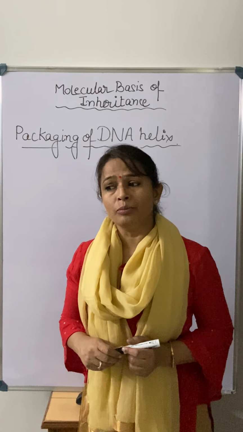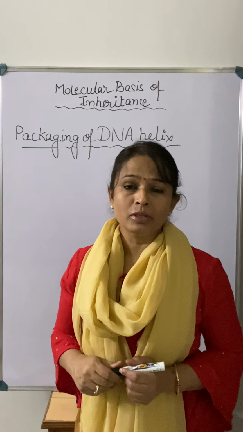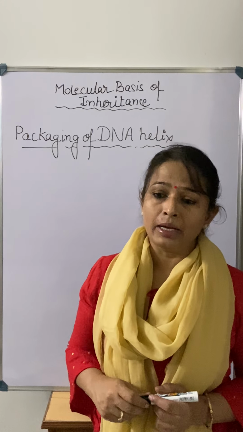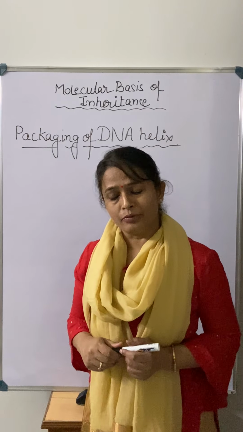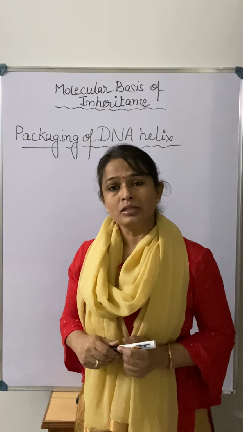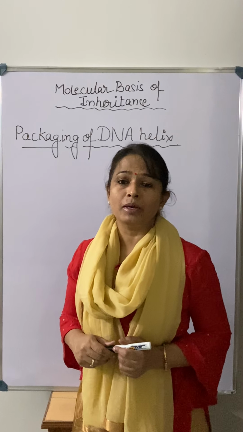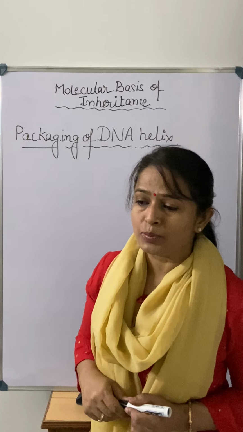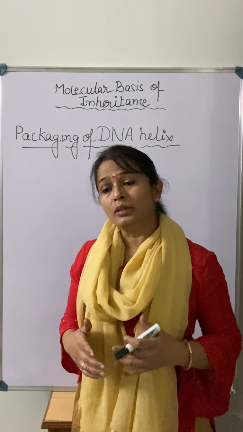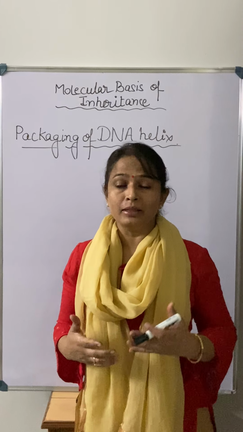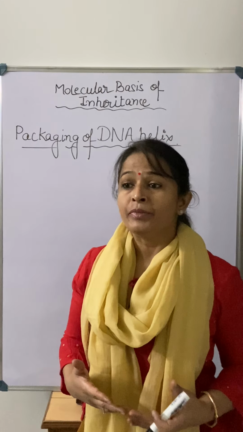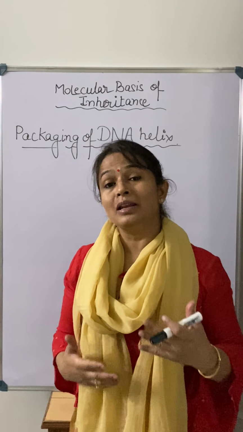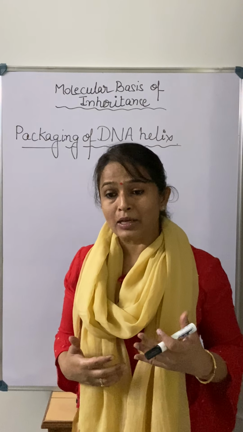So if we make it double, because we are a diploid organism, each cell has a diploid set of chromosomes. In that case, the approximate number of base pairs present in the DNA is 6.6 x 10^9 base pairs. So now you know that this is the base pair, and the DNA is made up of it. First we have to know the actual length of DNA